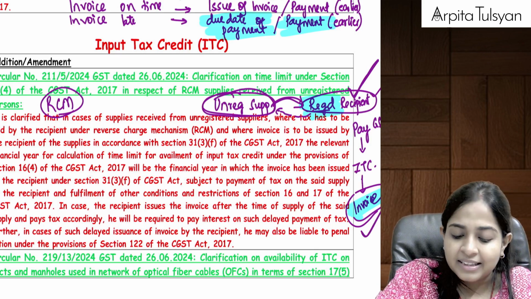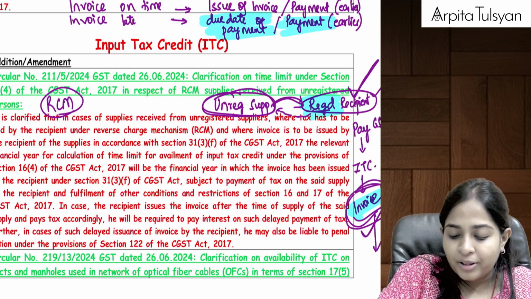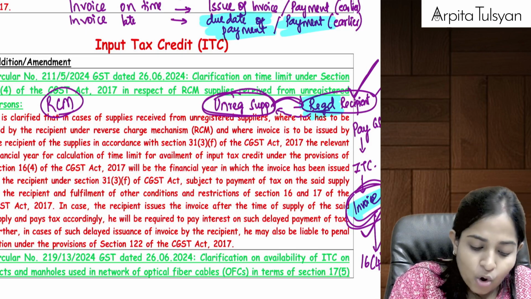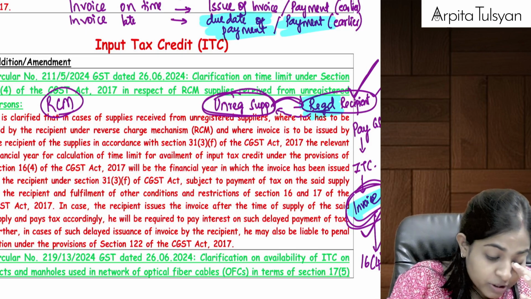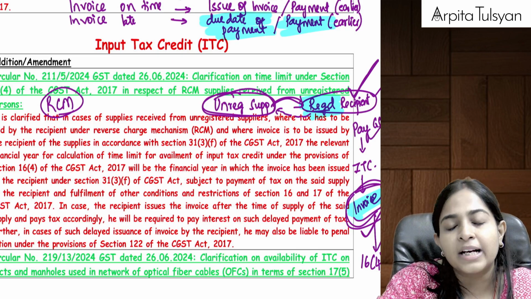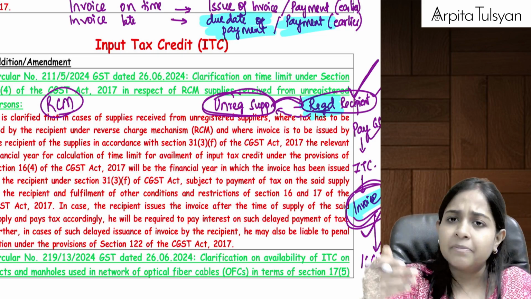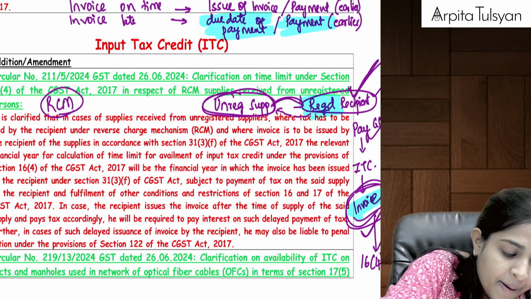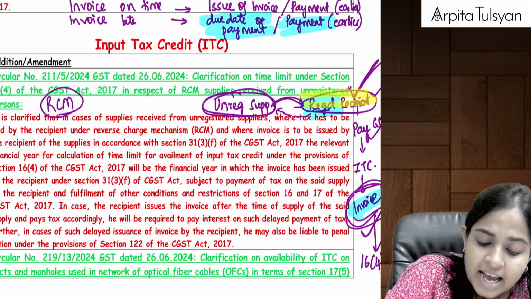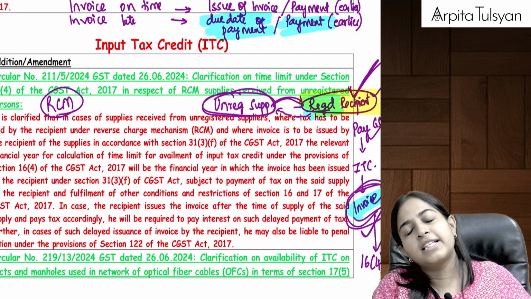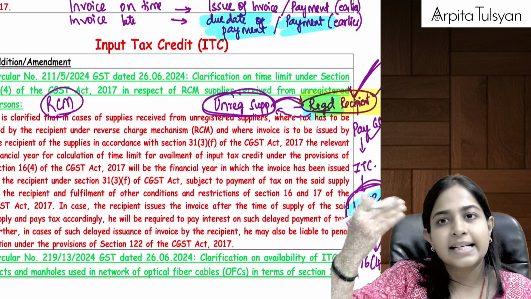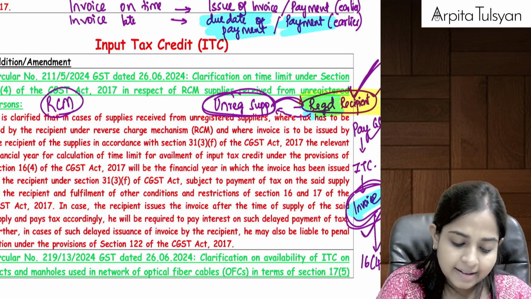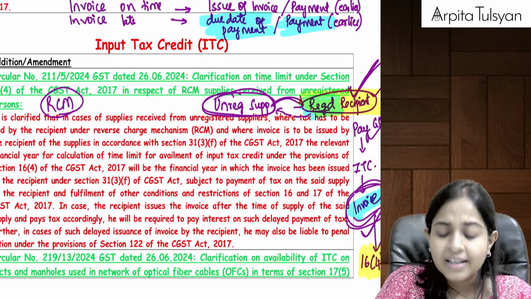So whenever this invoice is issued, depending upon that, section 16(4) will apply. If this invoice was issued on time and the tax was paid to the government on time, etc., then 16(4) will apply. That is, the year in which the invoice is issued by the recipient. Again, I'll repeat, the year in which the invoice is issued by the registered recipient, succeeding year's 30th November or the date of filing the annual return, whichever is earlier, that will be the time limit for availing the ITC.